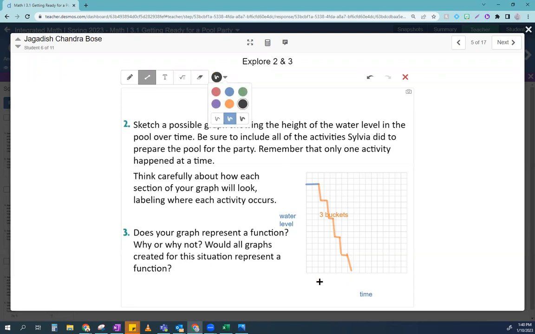What does it look like? What does the water level look like as they're cleaning the empty pool? Yeah, it's really low. And it's almost like it goes straight across. But I'm going to make it go a little bit up because you guys all said that this person specifically said,